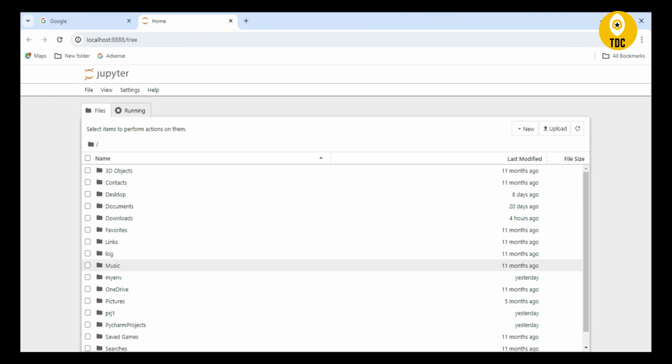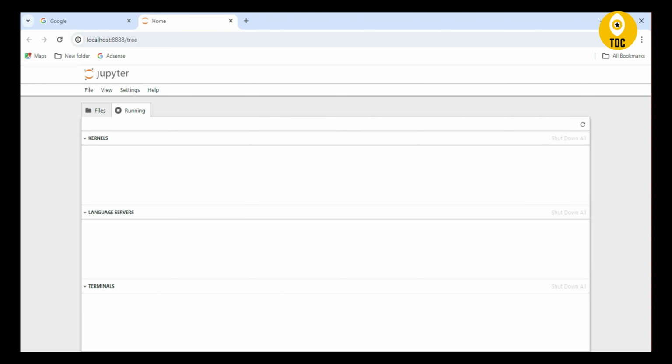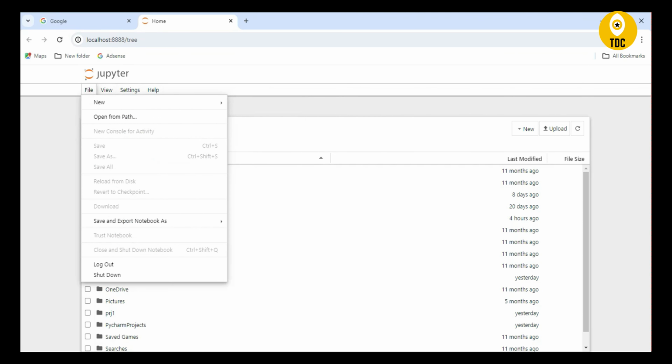And in this localhost, your Jupyter notebook will be launched, and as you can see, it has all the folders that are part of this, and you can see what kernels and language services are currently running, right? And you can just navigate through this Jupyter notebook and the Jupyter menu. So you can click here and take a new notebook. Once you take a new notebook, it will come with the untitled